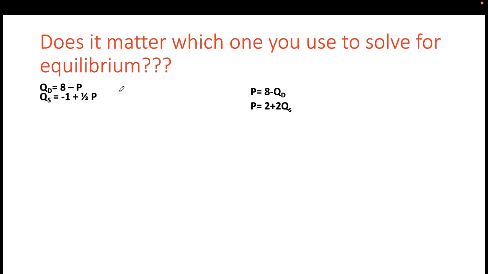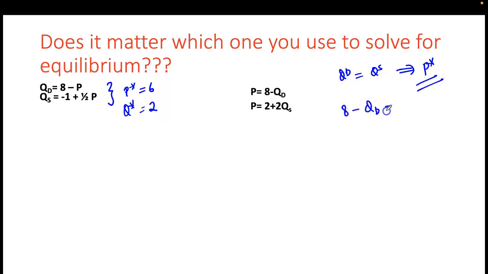And just as a quick reminder, here we solved for equilibrium and our equilibrium price was $6 and our equilibrium quantity was 2 units. Now for equilibrium, remember we have a unique price at which quantity demanded equals quantity supplied, and that unique price is P star. So whether you're on the demand curve or the supply curve, price is the same. So using that concept again, we can now equate these two prices. 8 minus QD equals 2 plus 2QS, and note quantity demanded is equal to quantity supplied at equilibrium. Hence I can get rid of these subscripts and simply call this my equilibrium quantity. So solving for Q star, we have